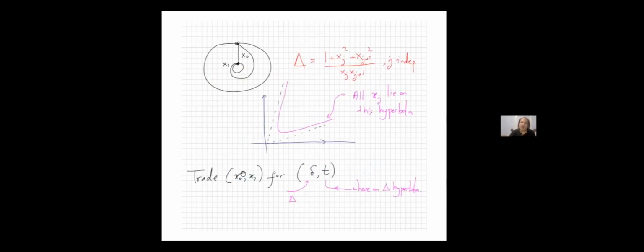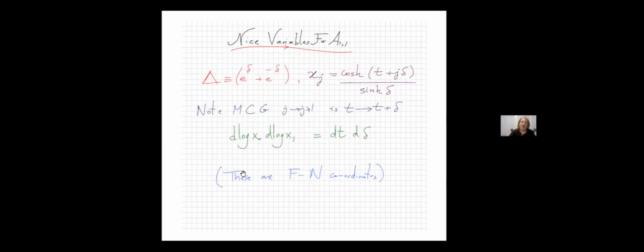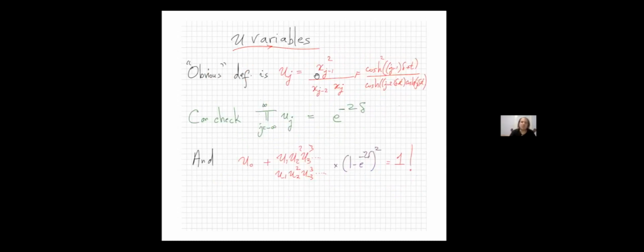Now, having done this, let's see if we can define U variables for this problem. In general, there are various ways of thinking about defining U variables. There's a way that makes sense in finite type, where you start from some acyclic quiver and you walk. If you don't know what this means, it doesn't matter. What I'm going to say is self-contained anyway.